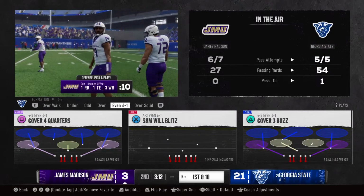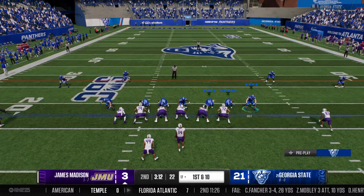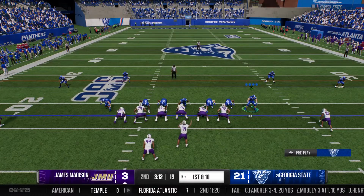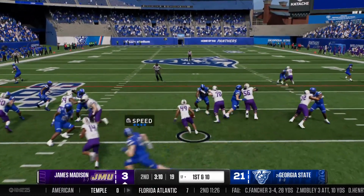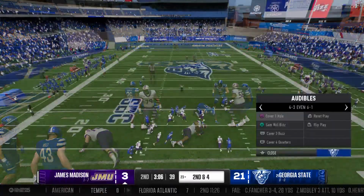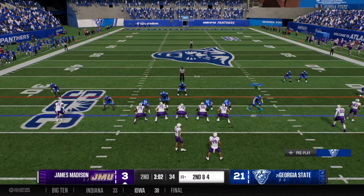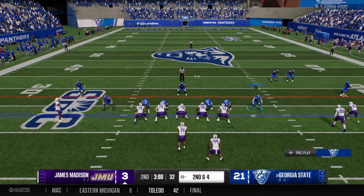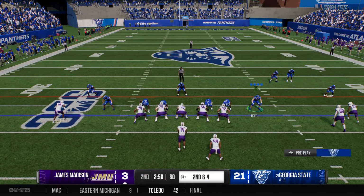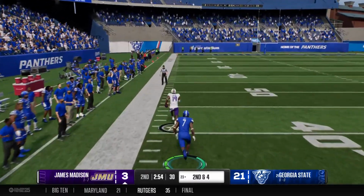James Madison sends the offense back onto the field. This is hardly the start they dreamed of, down 21-3. But get a touchdown here, and you feel like you're back in it, Jesse. Yeah, it's frustrating for this offense as well because they've got the horses. They've got playmakers to light this scoreboard up, much more than the 3 points we're seeing here. I think you just got to stay true to yourself, do you, David, and know that the points are going to come. Well, it's also frustrating when the defense...